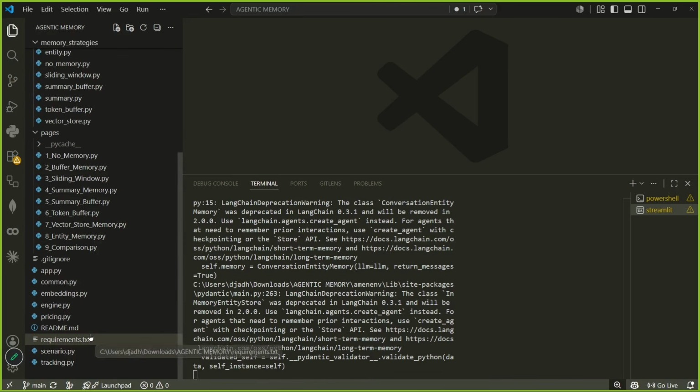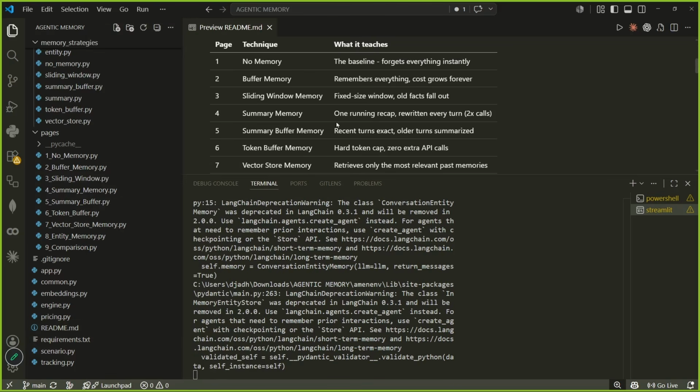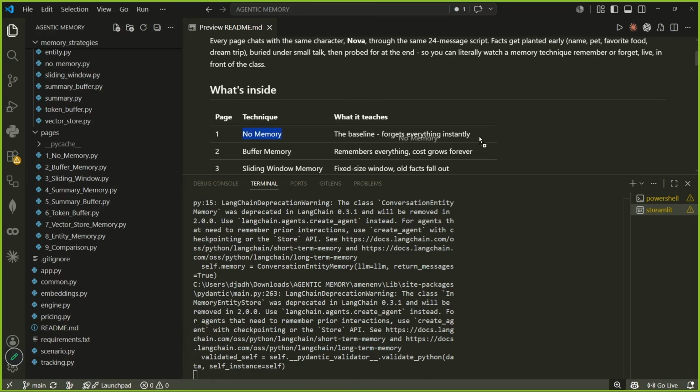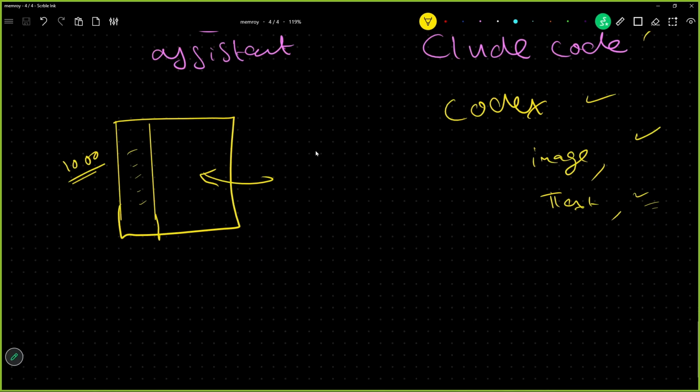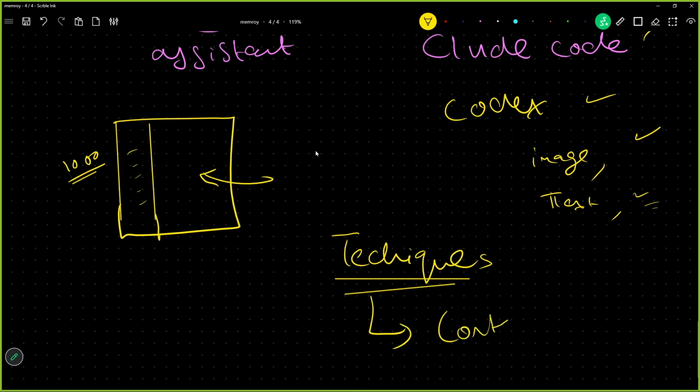So for that, I will maintain something called a README file. In that README file, I have written that here you will go here. For finding this, you will go here. So what I'm doing is developing different techniques to maintain my memory, to sharpen my memory or keep my memory fresh. So the techniques to maintain your memory, to always stay up to date, are called context engineering. This is another topic of discussion. We will do it at another time, context engineering. But this is also very important.